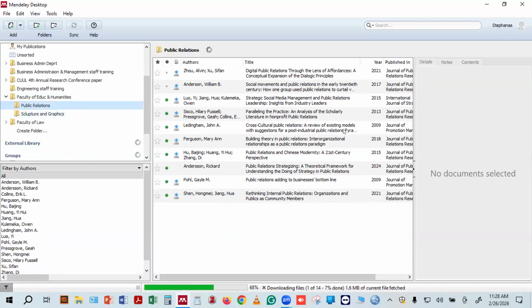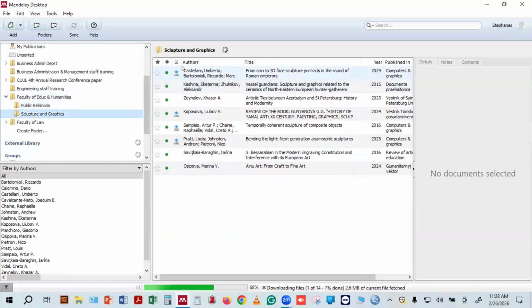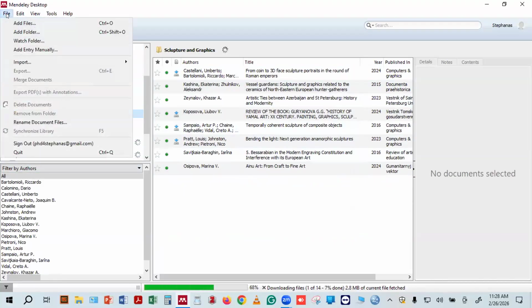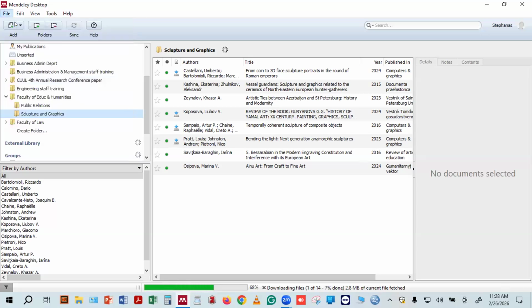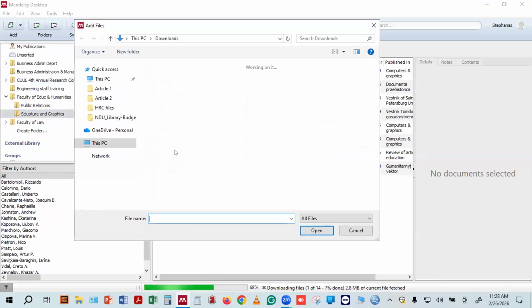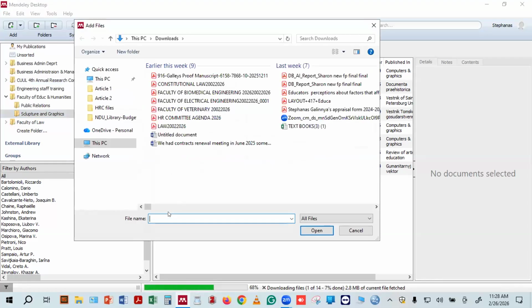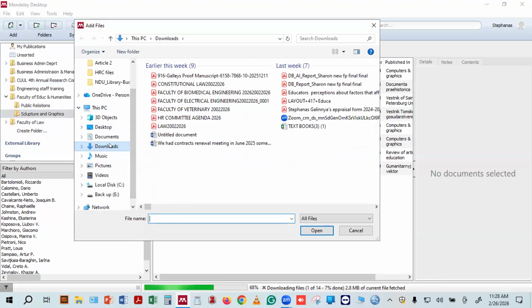So when we click on Public Relations, database is still loading because it indicates for you here, these are PDFs, and it's going to display them as PDFs. Then when you go also to Sculpture, the ones which we were able to get as PDF, the indicators are there, so it's still loading. Now, when we go to Files, you can add files. For example, if I click on Add Files, it will take me to my computer. However, the current folder in the middle panel, that's where I'm going to add the downloads. So if I go to Downloads here,